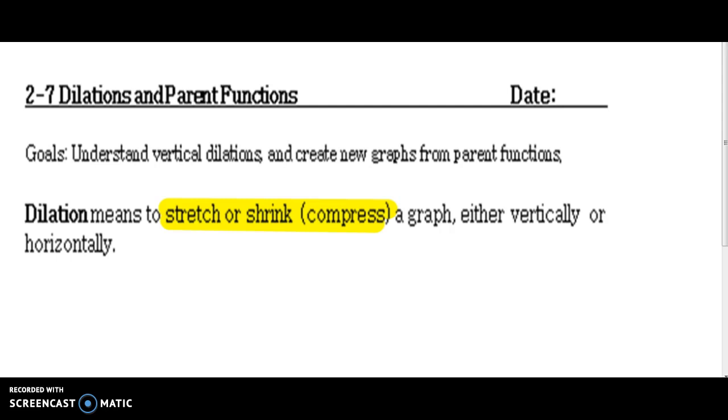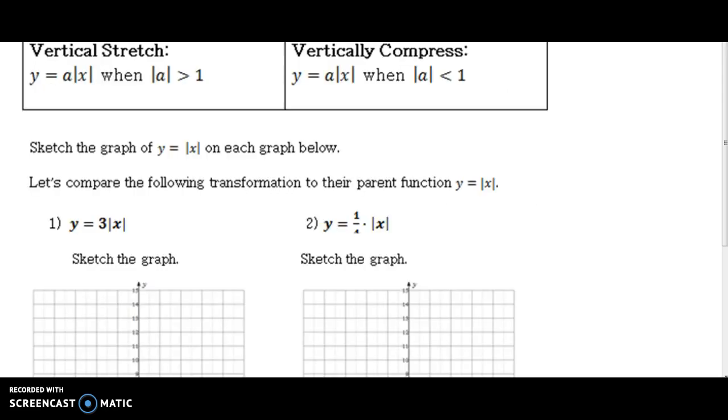There are dilations all around my classroom. Like when you see the big giant pencil, that's a dilation because it's a huge scale factor change to a real life object. When you look at billboards, those are dilations. When you look at a physical picture, like the 3x5 or a 4x6 that you hold in your hand, all those are dilations. So we're going to specifically focus on a couple, and that's a vertical stretch and a vertical